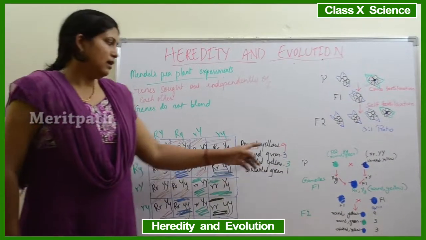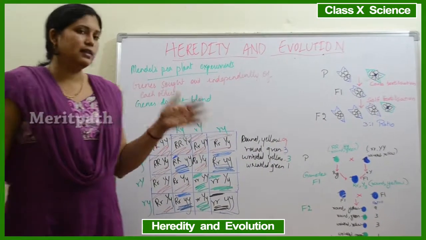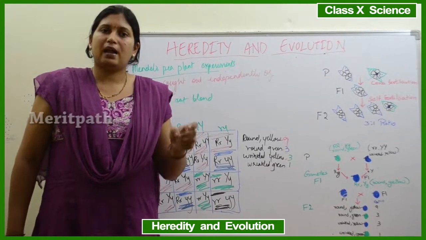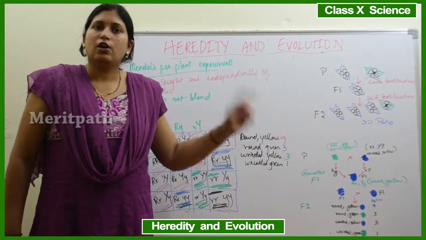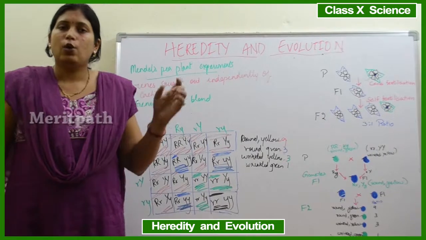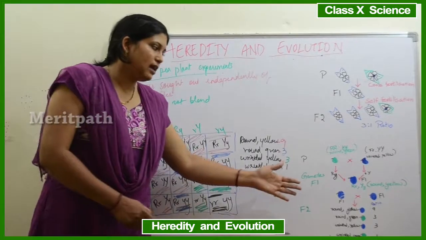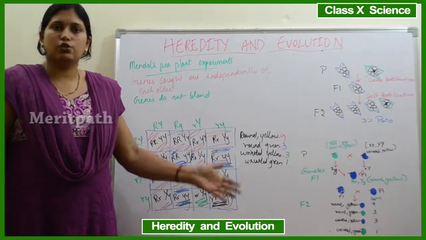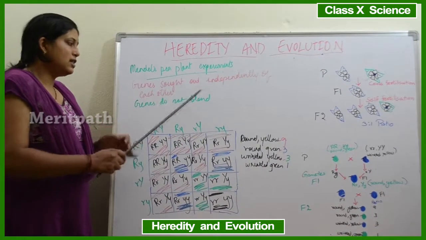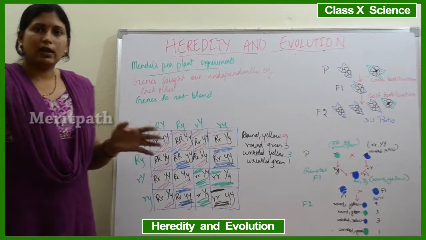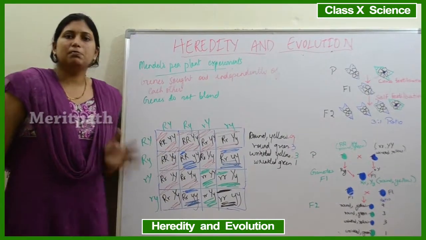So the ratio here is 9:3:3:1. So Mendel did his second experiment, a dihybrid cross, with plants having two characteristics, round green and wrinkled yellow. In the first generation, the round and yellow trait was dominant. When the hybrid variety was self-pollinated, we got the result in the ratio of 9:3:3:1. And this experiment explains the law of independent assortment. Here the genes sort independently of each other. And this is Mendel's second experiment. And next, here we end Mendel's pea plant experiments.